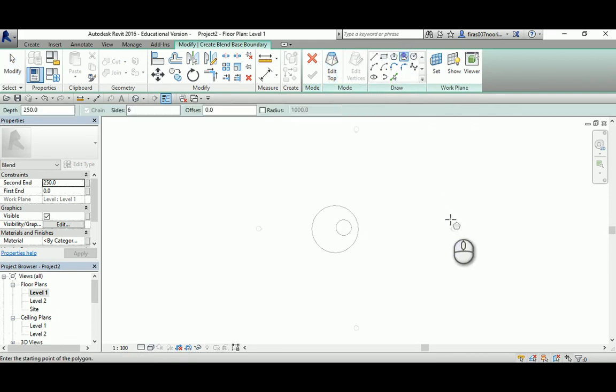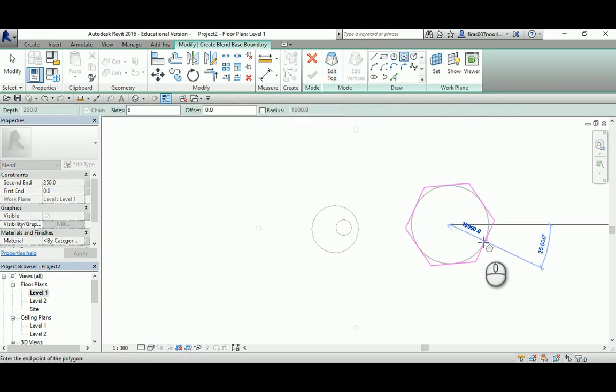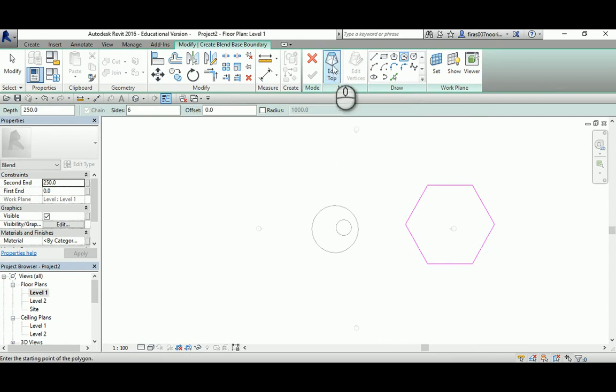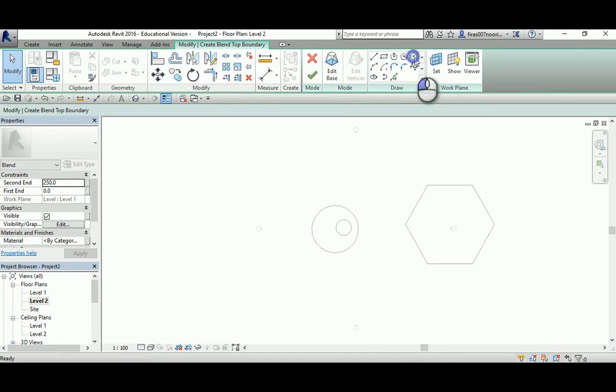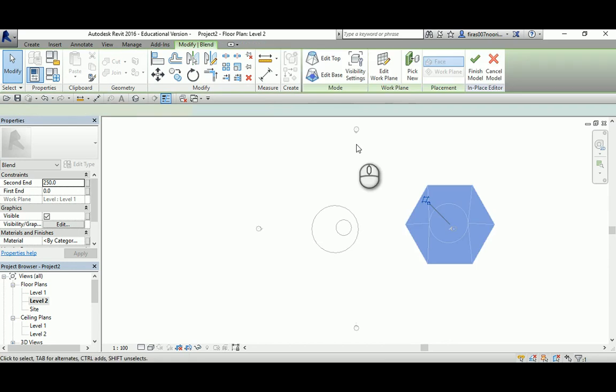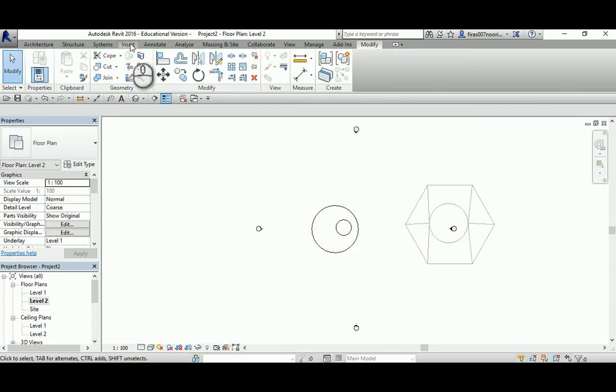So we're technically in the bottom. So I'm gonna go like this shape, and then you go to the top level, and you can go here to level 2 if you like, and then draw a circle. Now this second level will be above, I think, 250 from the first. So if I finish and then I go tick that again and go to the 3D,